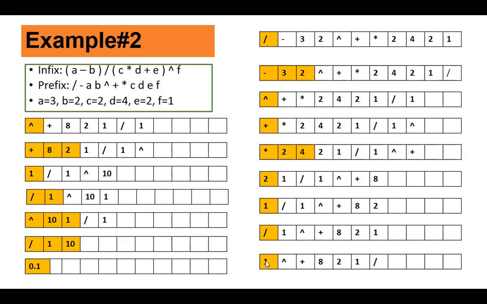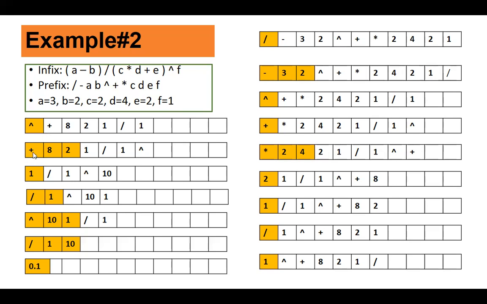So this is front, which is again an operand. So delete it and insert it at the rear. Delete it from here and insert it at the rear, and front is pointing at this symbol. Caret operator or power operator. Now again, this is an operator not followed by two operands, right? Because this is an operator and this is an operand. So operator is not followed by two operands. Delete it from front, insert it at the rear. Okay. Now front is pointing at this position.